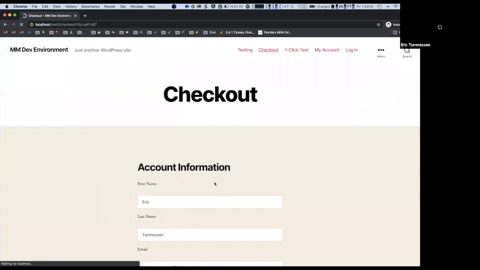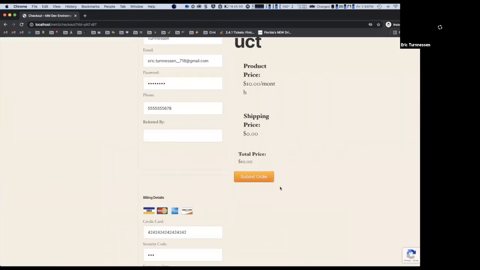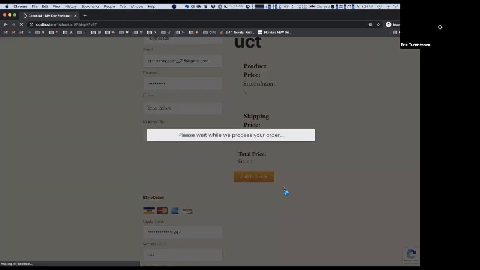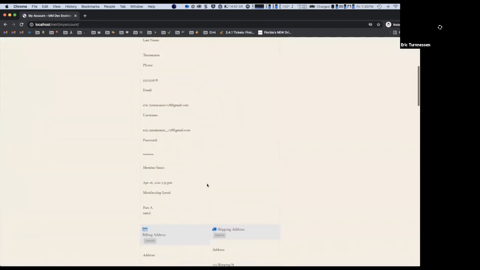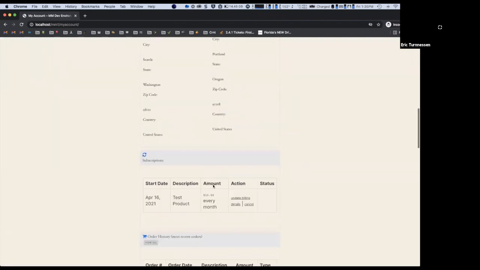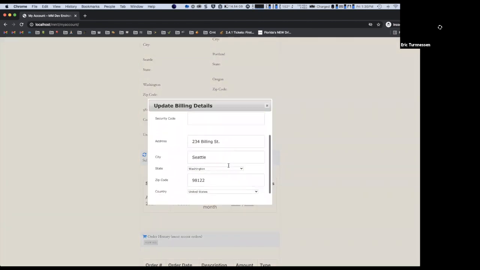So if I go ahead and buy a subscription here, and then go to the My Account page, we will see that on the subscription that I just started, I'm able to update billing details, including put in a new card and